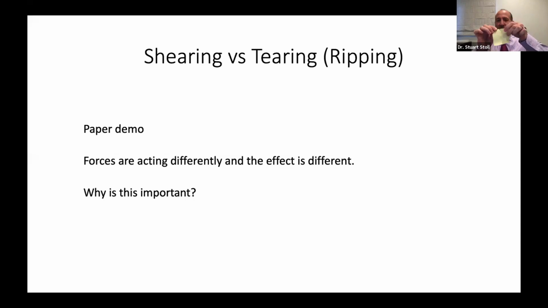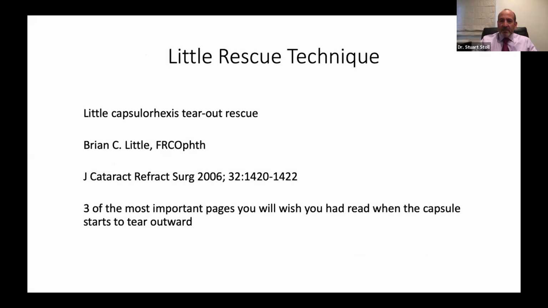But sometimes we pull the capsule differently, in a different fashion, this way, and you can see that's a different type of force. That's a tearing or ripping force. And look at how I can control the tear differently. So I can shear, and I can drive it where I want it to go this way, or I can tear and rip. And that's super important as we get into these next slides